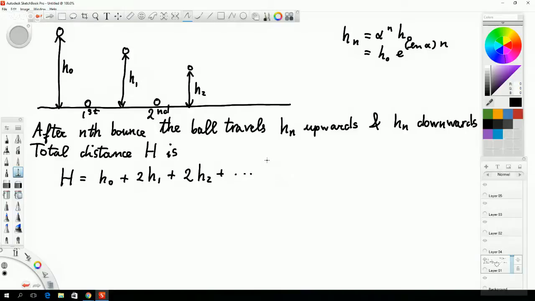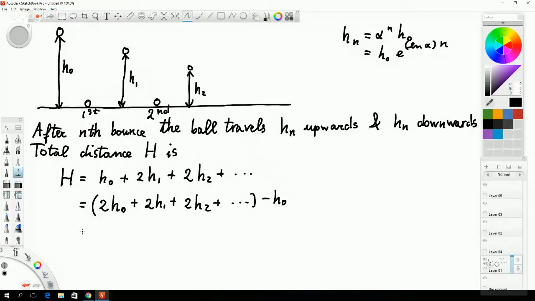Okay, so we have ended up with an infinite sum, at least in the ideal case. We're going to discuss later why in practice this is not going to be an infinite sum physically, but mathematically this is what we have. We need to calculate this, and it's a little bit awkward because there are 2's everywhere except in front of h naught, but we can just make the 2 appear in front of h naught by force. By doing this, we just write 2h naught instead of h naught, and then keep the rest the same. But then we need to compensate by subtracting out h naught at the end.